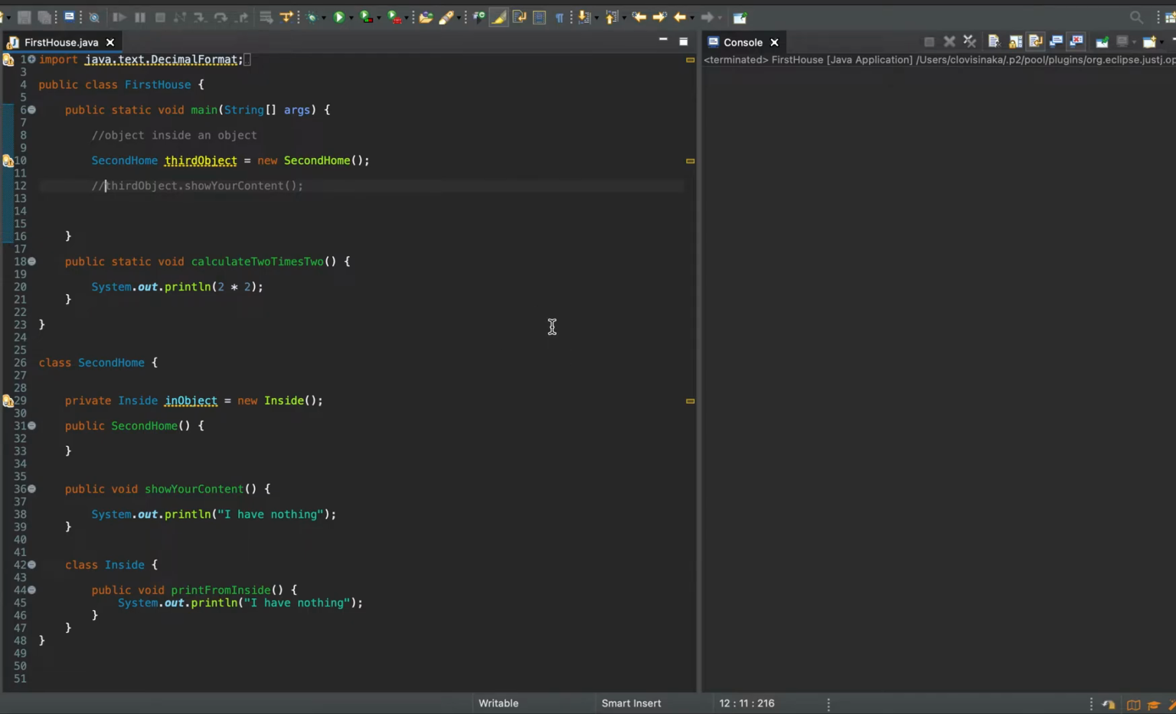So today we're going to talk about an object inside an object. It is possible to create an object that contains another object. For example, we have two classes here, first house and second house. But you can see we actually have another class here named inside, which is inside the scope of second house,